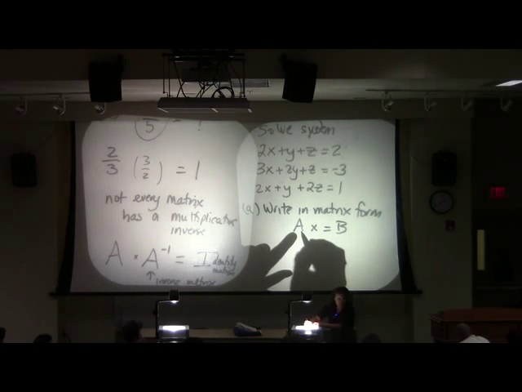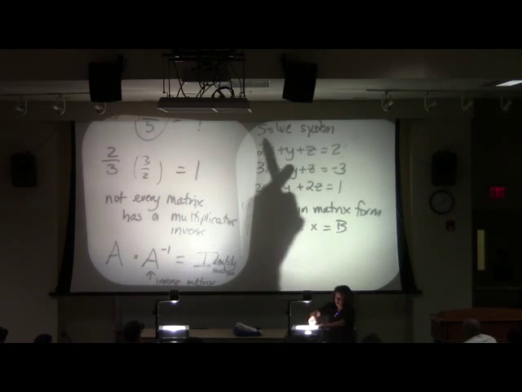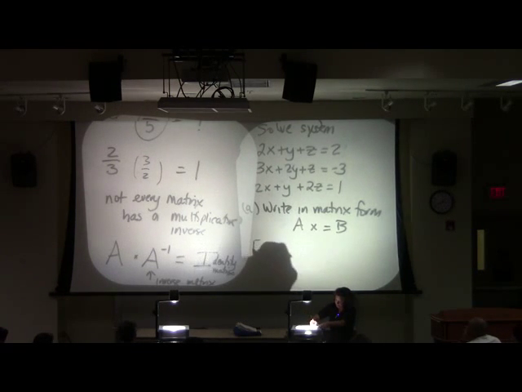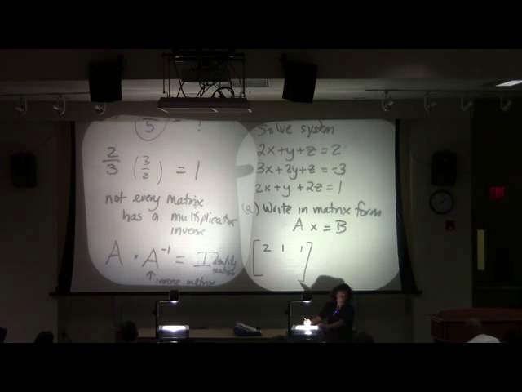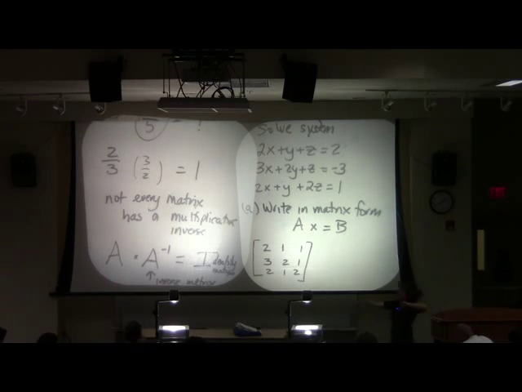Okay? My matrix A is literally the coefficients on my left side. Do you agree? I have 2, 1, 1. And then my next row, I have 3, 2, 1. Bottom row, I have 2, 1, 2. Everyone with me there? Now remember, what we would then do is we would put a line and essentially as our equals, and then we would have the other side. Okay? We're going to write it a little differently.